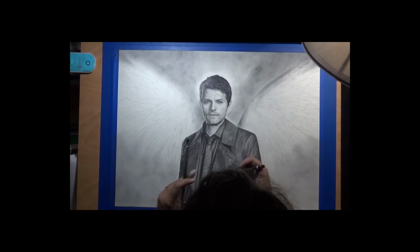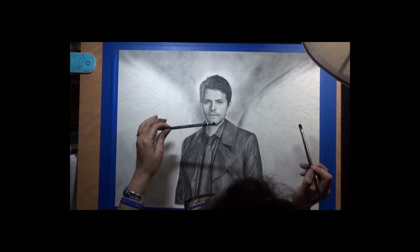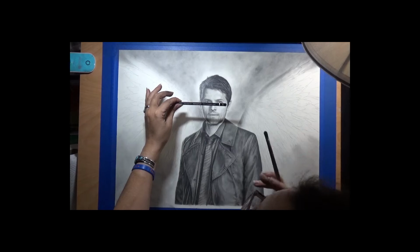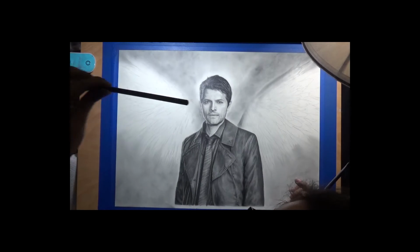And I don't recall who I was talking to about it, but on the comments on one of the Supernatural pages, I was talking about this pencil in particular. Let's see if the name reads, or...